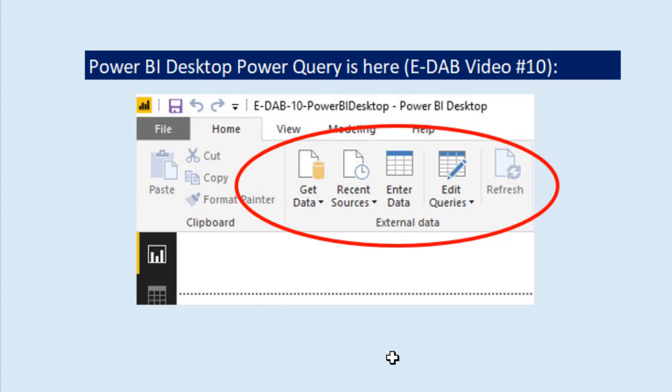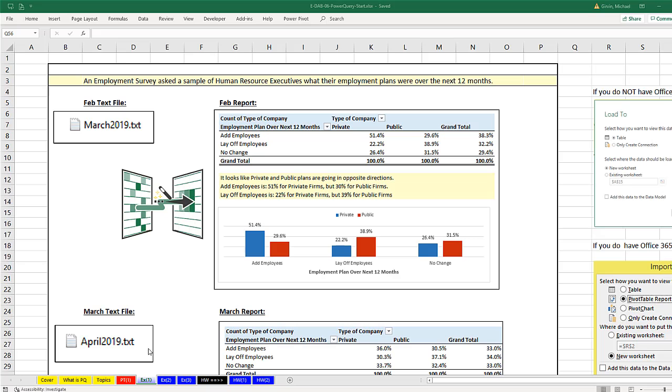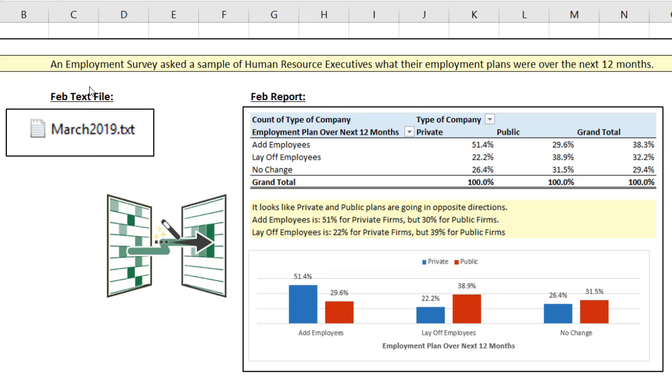Power Query is so amazing. It's in Power BI Desktop too. It's in the External Data group in the Home ribbon tab. All right, in the Start file on the sheet, Example 1, an employment survey asked a sample of human resource